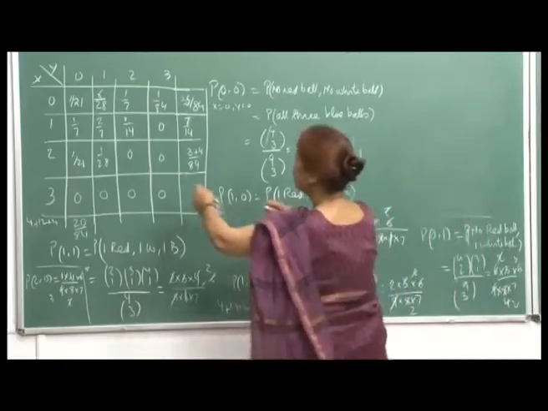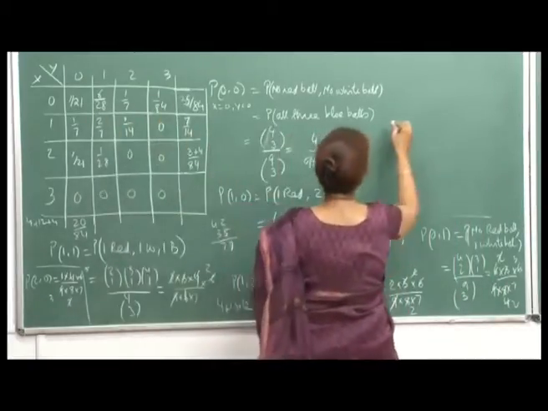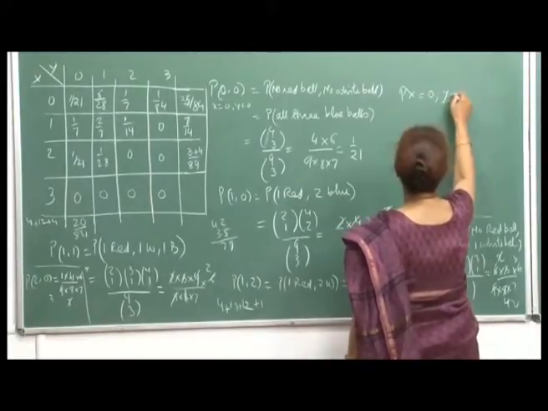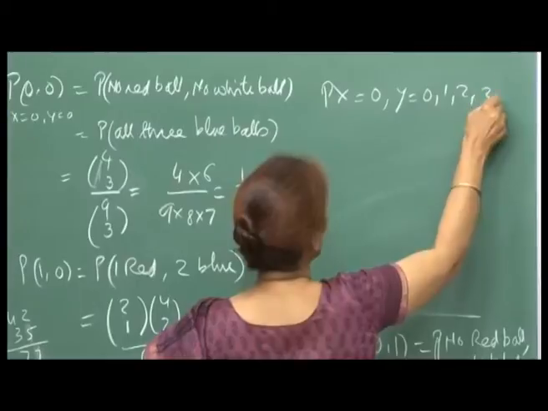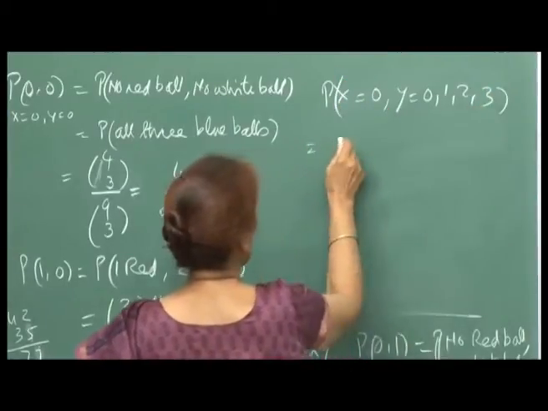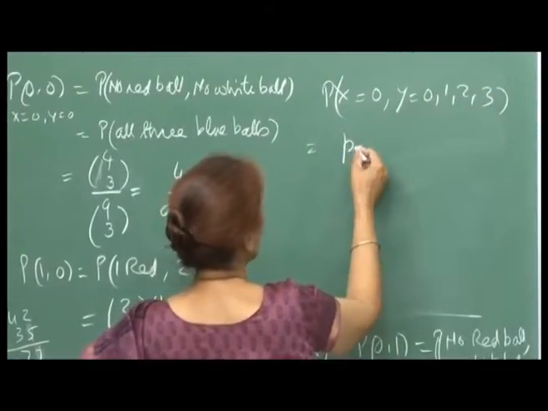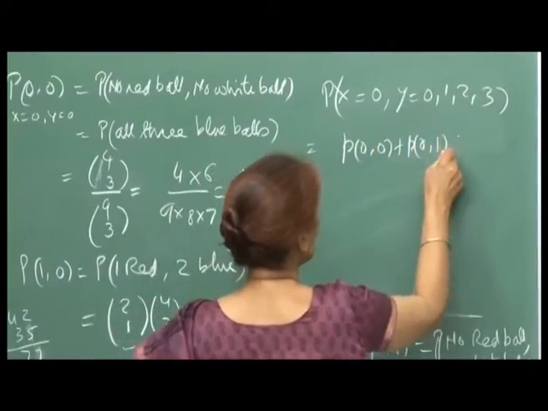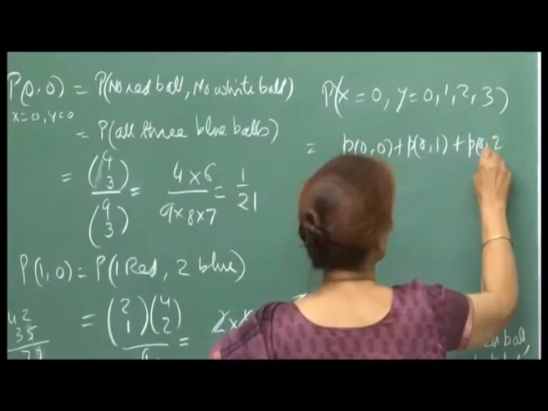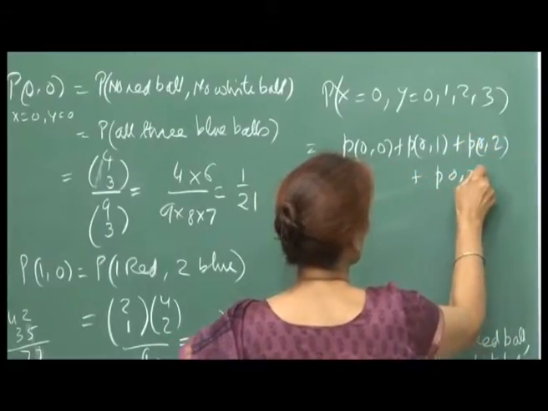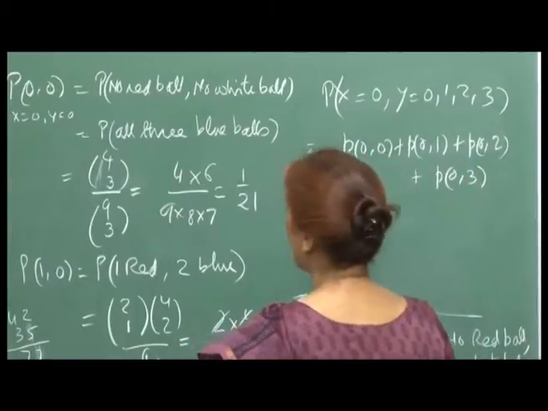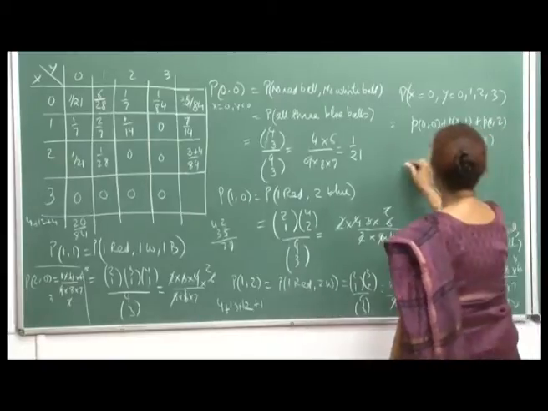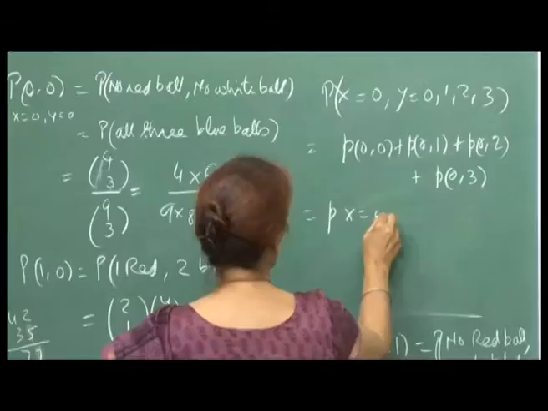So, if you add up the numbers here, this is the probability that x equals 0, where you are giving values 0, 1, 2 and 3. In other words, you are adding up probability P00 plus probability P01 plus probability P02 plus probability P03. There can be 3 white balls, because the total number of white balls is 3. All this will give you the probability that x is equal to 0,